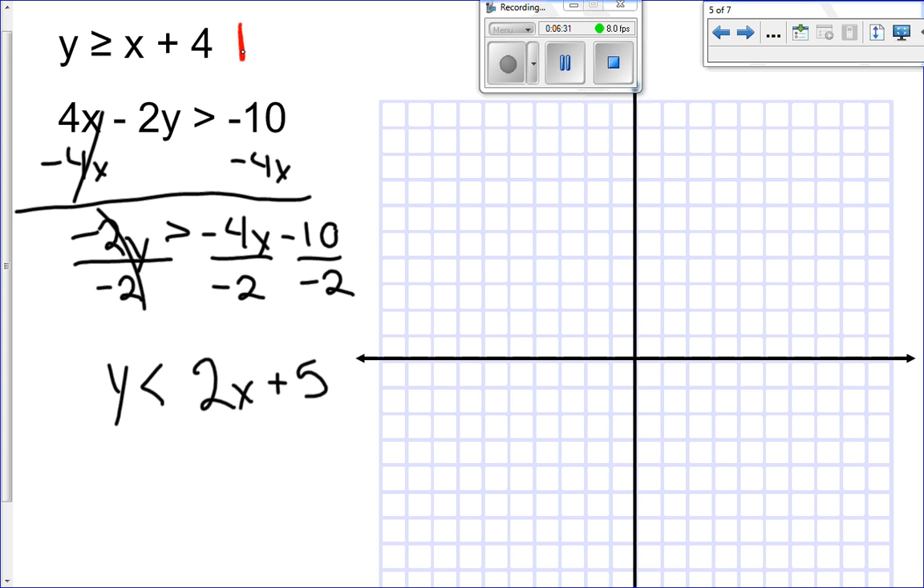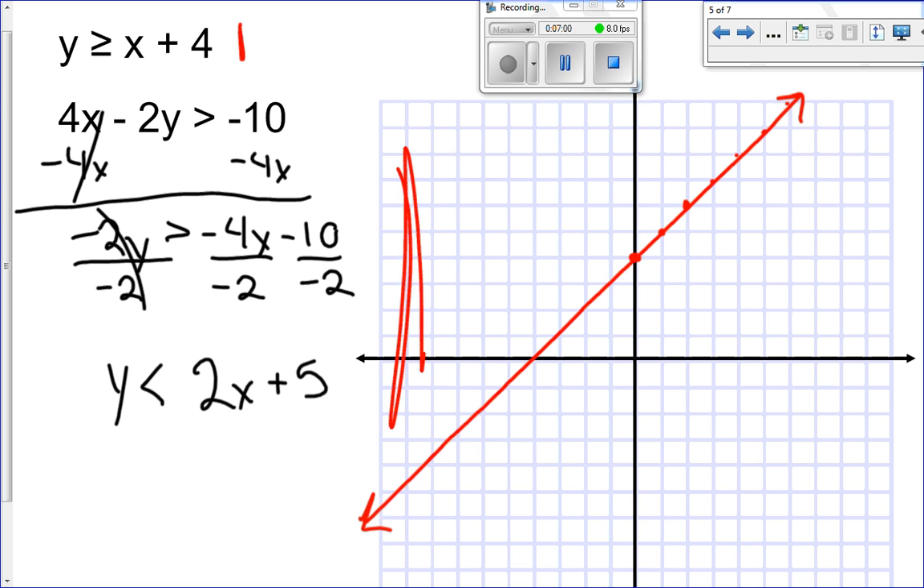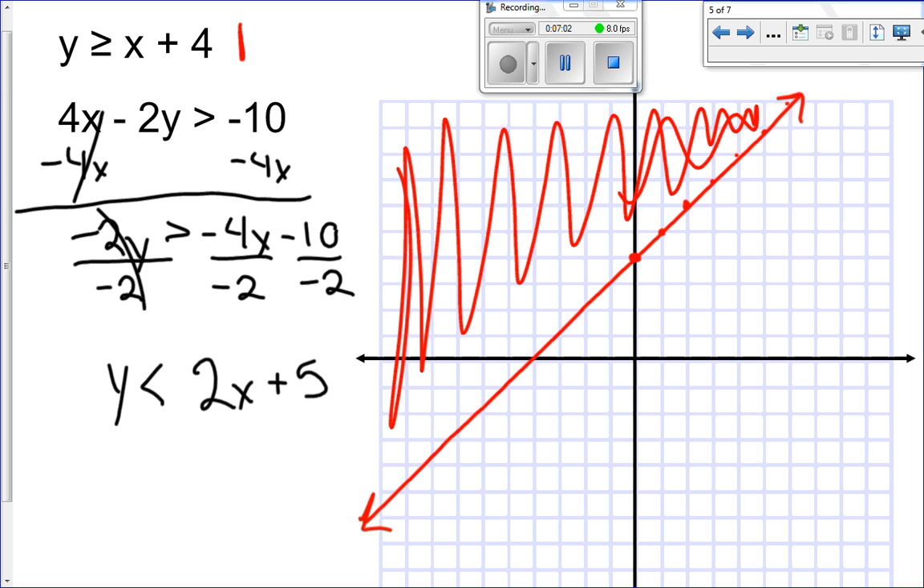So I'm going to do my first equation, y is greater than or equal to x plus 4, in red. So find 4 on the y-axis, because that's my intercept. And it's rise 1, run 1, rise 1, run 1. And since it's greater than or equal to, it's going to be a solid line, as such, because everything on that line is included in the solution. And y is greater than or equal to x plus 4, so it's greater than, so I'm going to shade